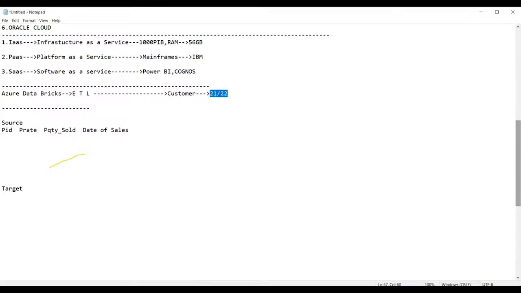So first of all, to report this to the customer, you require the source, consisting of the following information: product ID, product rate, product quantity sold, date of sales.